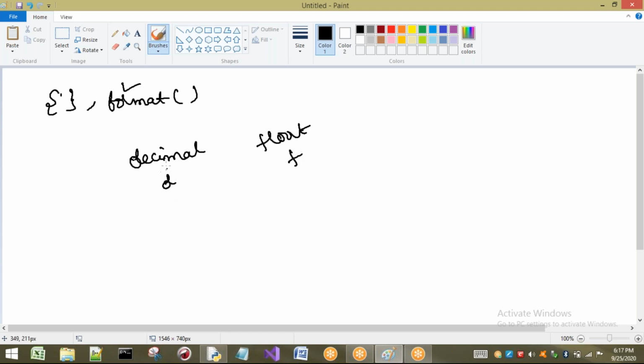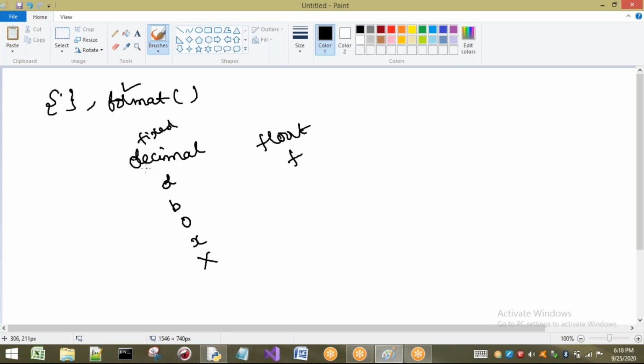Again, in fixed point numbers we have binary numbers, represented with B, and also octal numbers and hexadecimal numbers. Hexadecimal numbers can be taken in capital letters or small letters. Just before the example, we have to understand that we can also format the numbers. Numbers generally means fixed point numbers and floating point numbers.